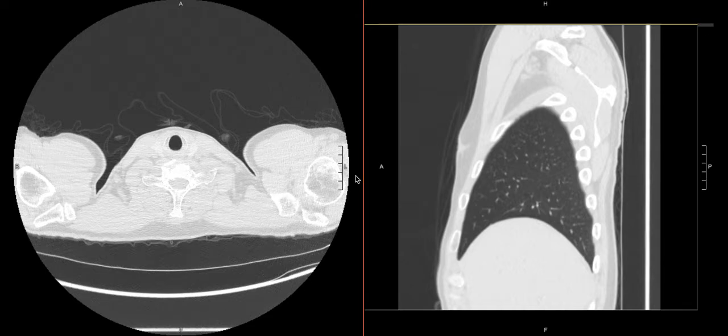Now we're ready to take a look at the lungs as part of our search pattern. To do this, what is advantageous is to have axials on the left. I start with sagittals on the right, and just to kind of break down what we have here, there are